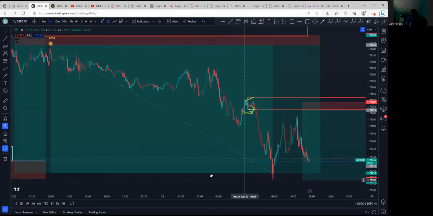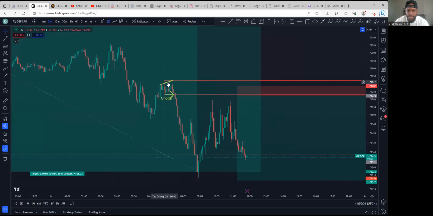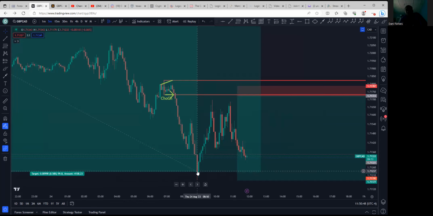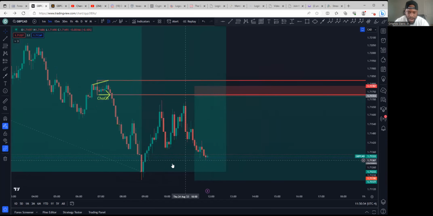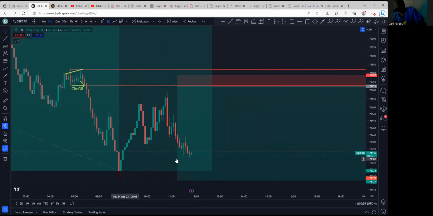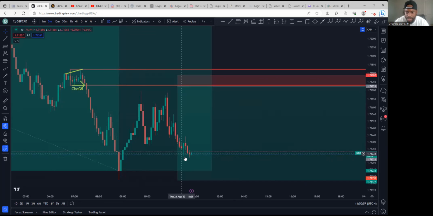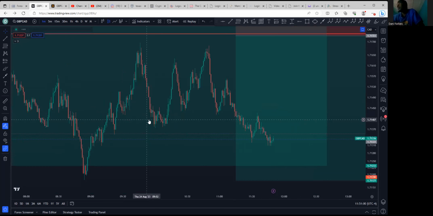Like this can literally be a possible sell setup right here, because on the 1 minute time frame we have a what? A bearish divergence, change of character, imbalance, price consolidates, breaks lower. We knew we had a bullish reversal coming, right? So this is the bullish reversal. And now on a lower time frame, on the 1 minute, price is coming back to this imbalance zone right here. Price is probably attempting to create a bullish divergence right here. So let's see it. I guarantee you it's about to do it.